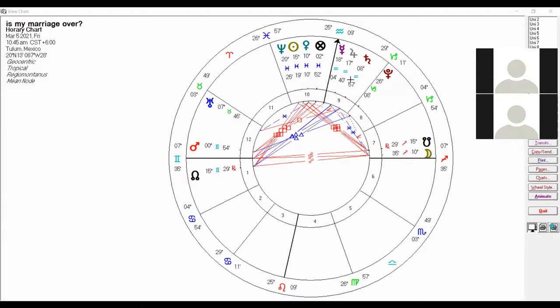She asked about her marriage. Here we've got the person asking about the marriage leaving the marriage, walking away from the marriage. It's only 1 degree, so it's recent, but walking away, right? And so that might have been what I would have said if I didn't have other information.